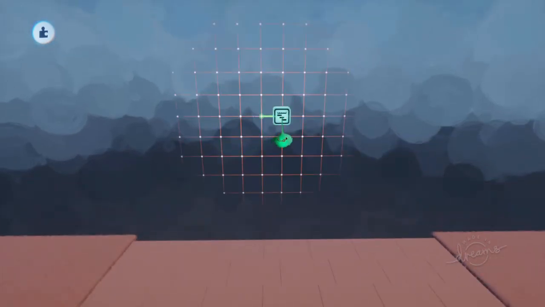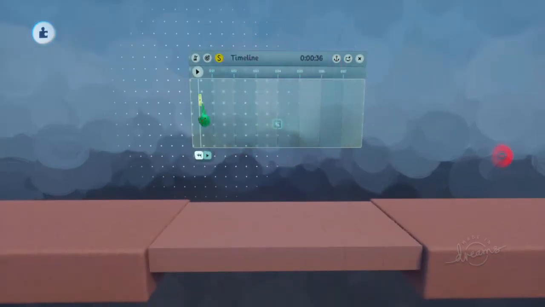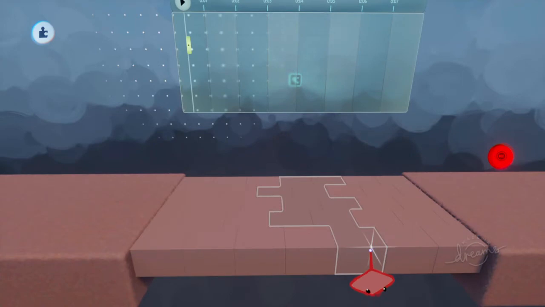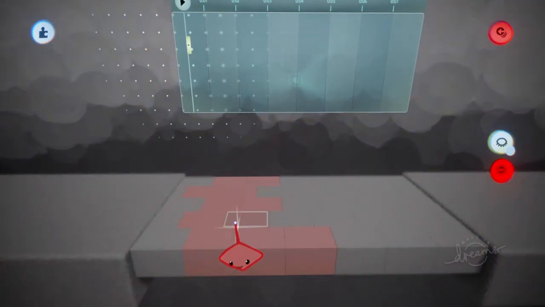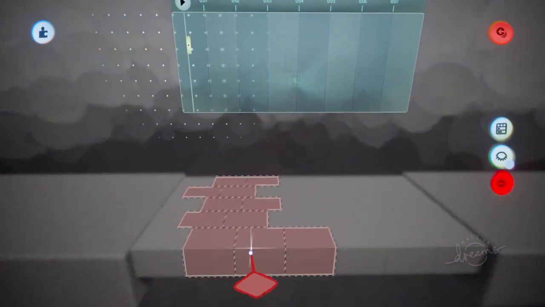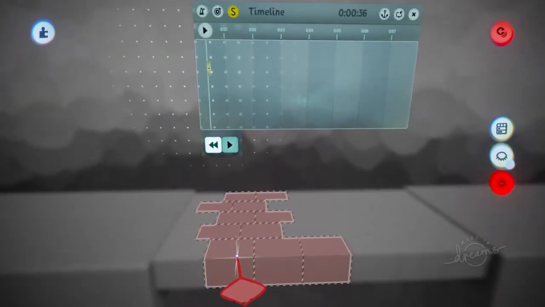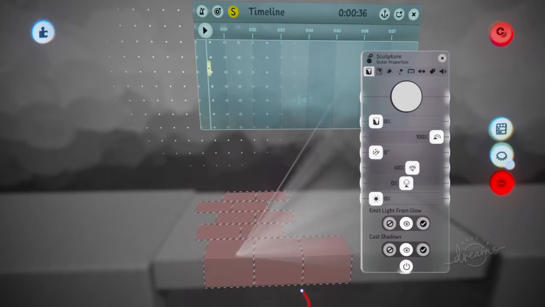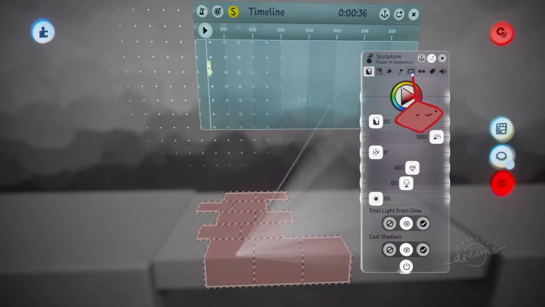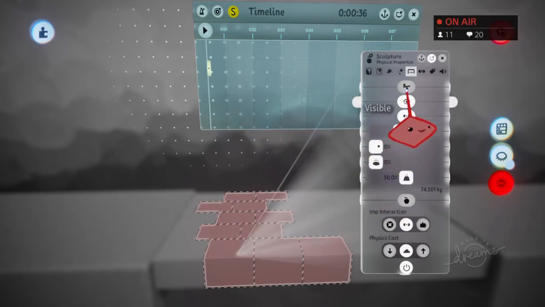So now I'm going to make a timeline, and I'm going to keyframe sets of these bricks to be movable. So I'll scope in with L1 and X, and now I can double tap X on one of these objects, and it will select everything in the group that I'm in. And then I can tweak one of them, and because this is the same type as the other things selected, it'll actually change for all of them and record for all of them in most of the settings. So if I just turn on movable,